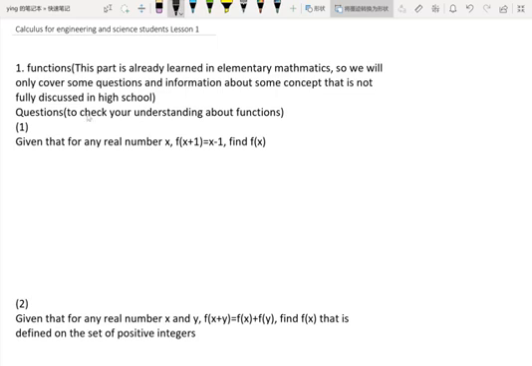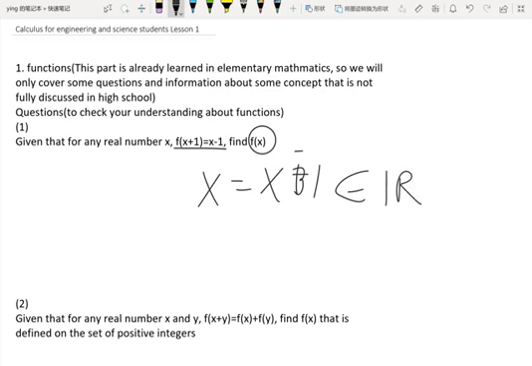And question one. So our solution for question one is this. Question one says that for any real number x, this relationship stands, and we want to find f(x). So here we would let x equal x plus 1 and x minus 1, keeping in mind that if x is a real number, then x minus 1 must be a real